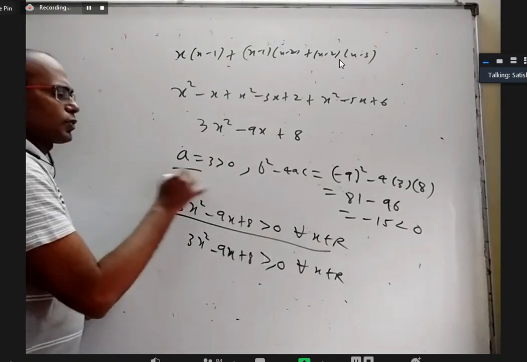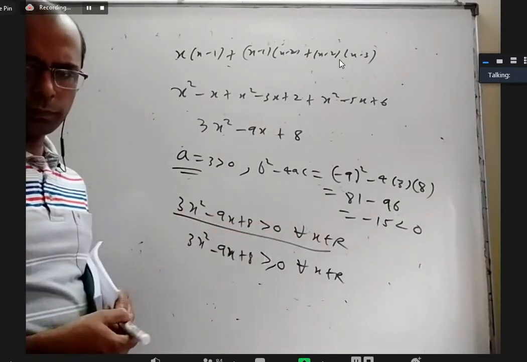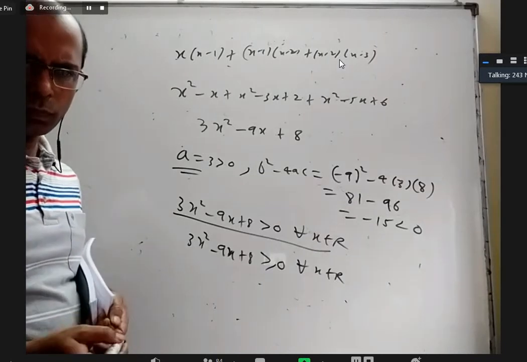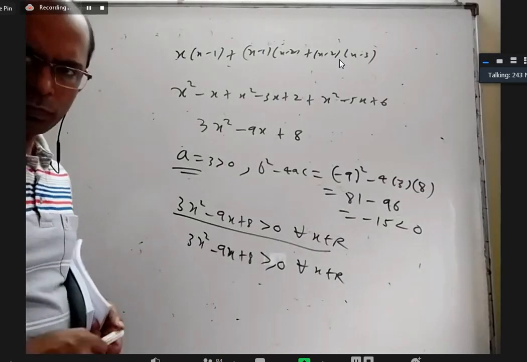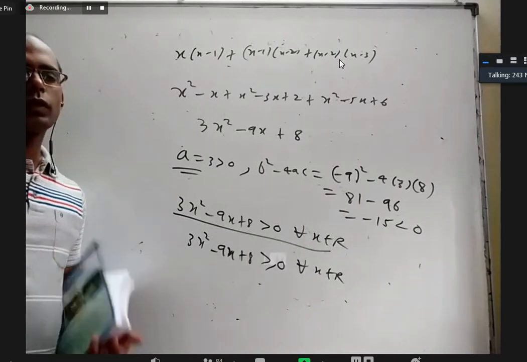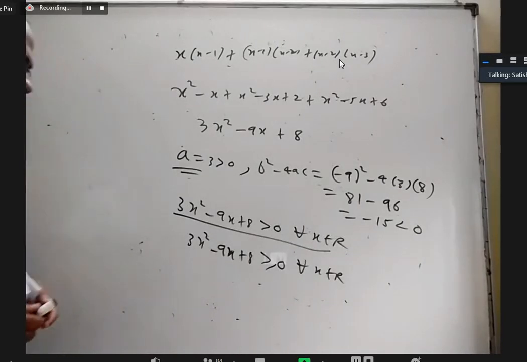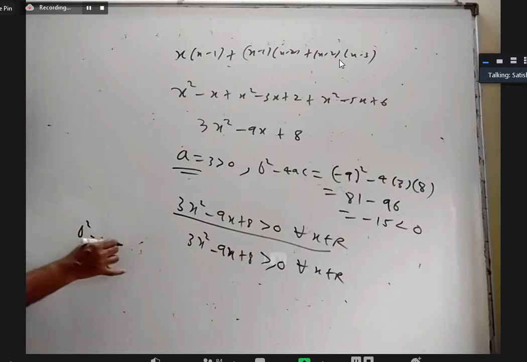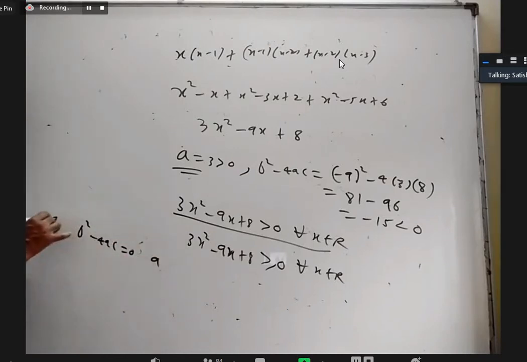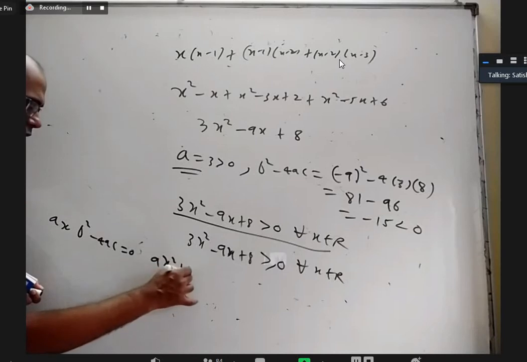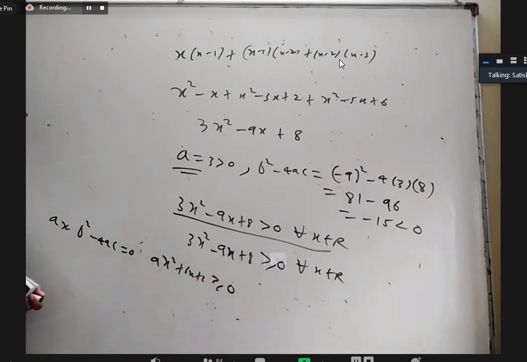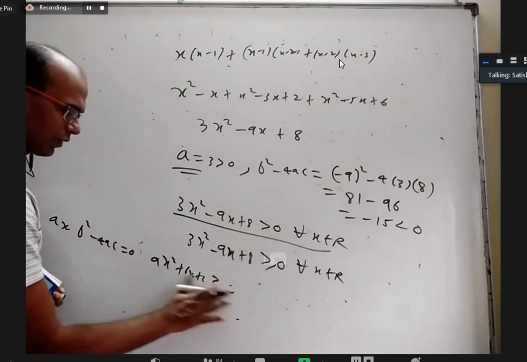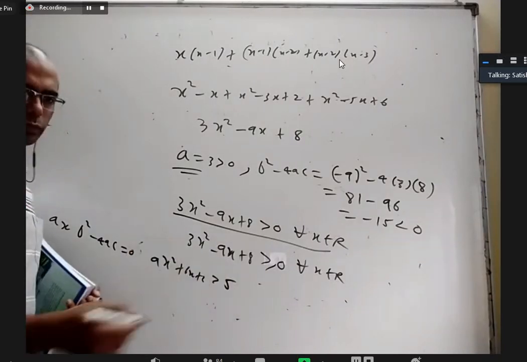Okay, just a is positive, and yes, please. So if you write that, then it will be b square minus 4ac equals 0, no, sir? In that case, no, let me write one statement. If b square minus 4ac is equal to 0 and a is positive, it's correct that ax square plus bx plus c is greater than or equal to 0. That's right. But what I'm saying is if ax square plus bx plus c is greater than 5, that's what you got as the statement.